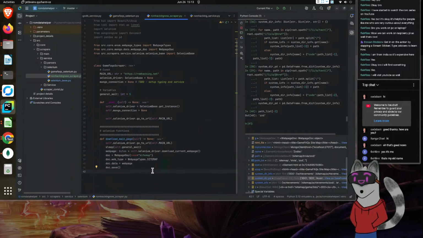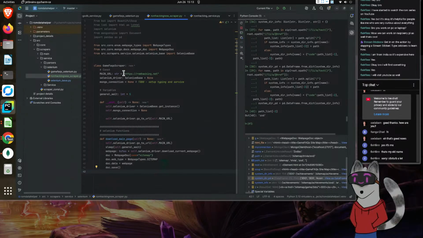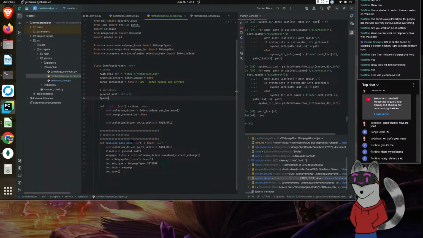Because part of me feels like I should set up a cache system. The idea behind that is so that we can store what we're doing. Because if I create a document like this, well, actually, we probably can. Let's set up a temporary cache system. So let's do that. We'll call this to save.